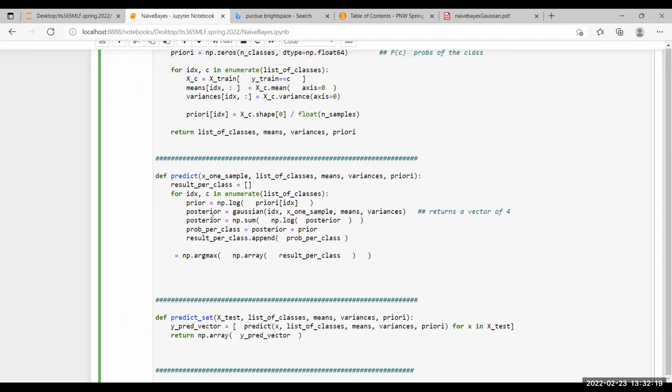All right, and so that's it. As you can see, we get that prior probability first, then we run our X data through the Gaussian, get the posteriors for 4, then we log each individual one and sum all 4 into 1, and that sum posterior is just added to the prior, and then we have our probabilities added. Okay, so now we have this complete, and we just need to do the last part where we return the class that we want. So out of the list of classes that we have,